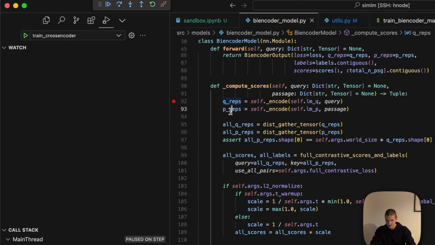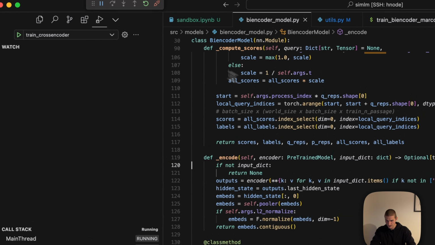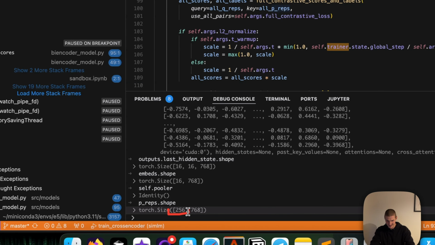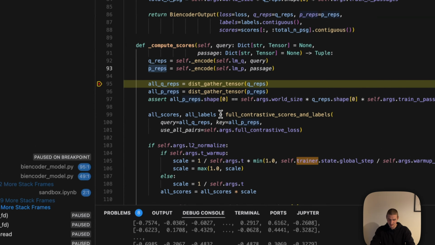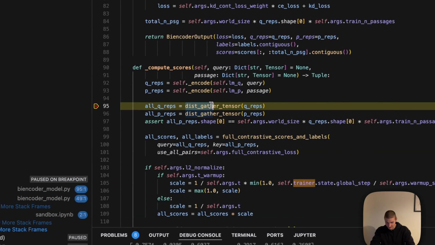So we get qreps, preps. Let's just continue to here. Let me print out the result of preps as well. So now we have 256 total documents, 16 positives and negatives for each of the 16 queries. Then we have a bit of